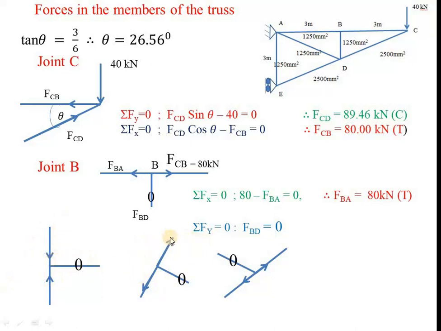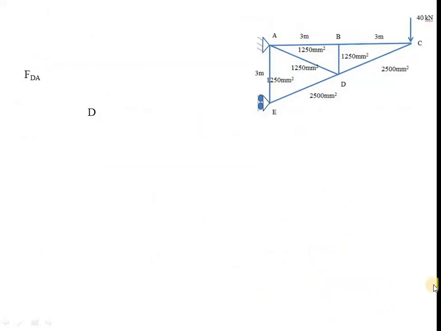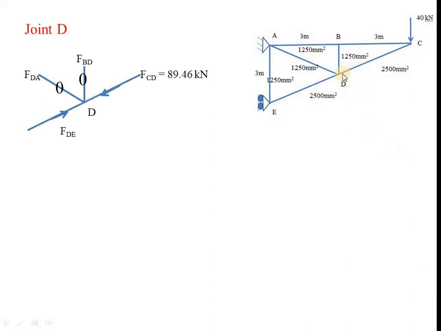Suppose the forces are like this, these two are in a straight line, but it is inclined. Now resolving along the force, these two will become equal and opposite. Resolving perpendicular to that, only this force remains, so it is zero. Similarly, if you take it like this, these two are in a straight line, the force in this member will be zero, and this and this will be equal and opposite. Similarly, for any three forces meeting, if any two forces are in a straight line, then the force in the third member will be zero, and the forces which are in the line will be equal and opposite.